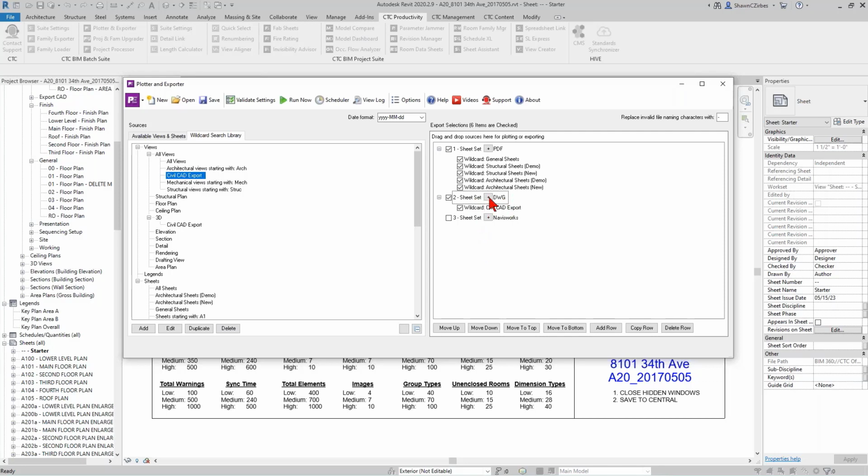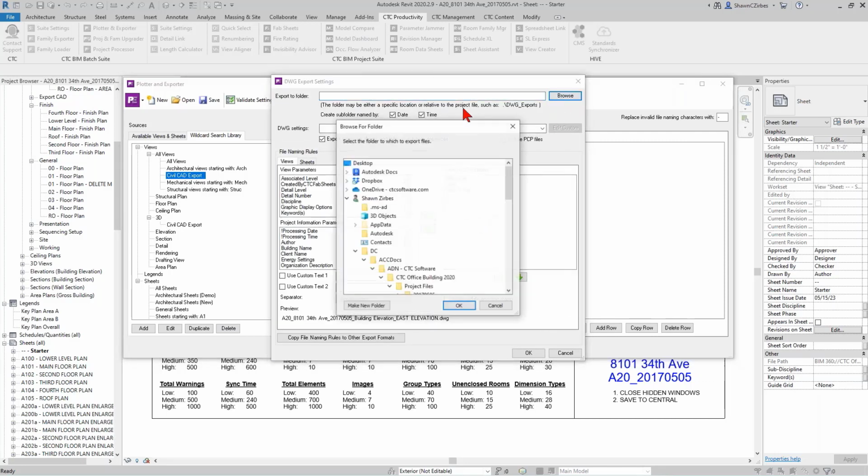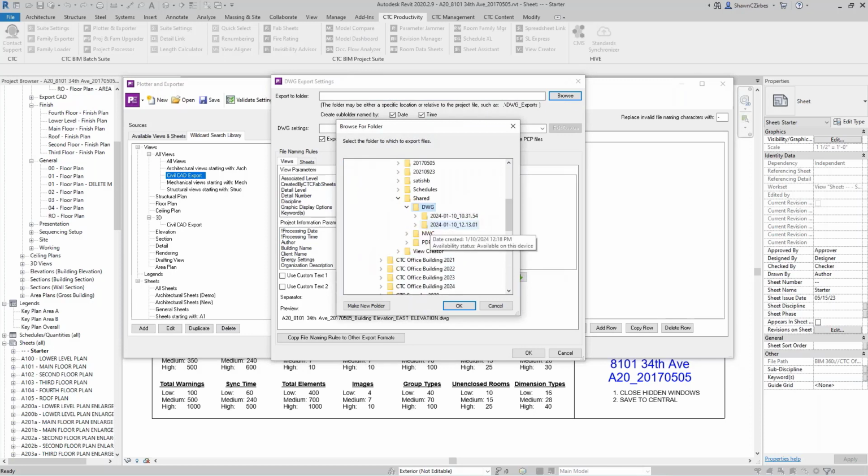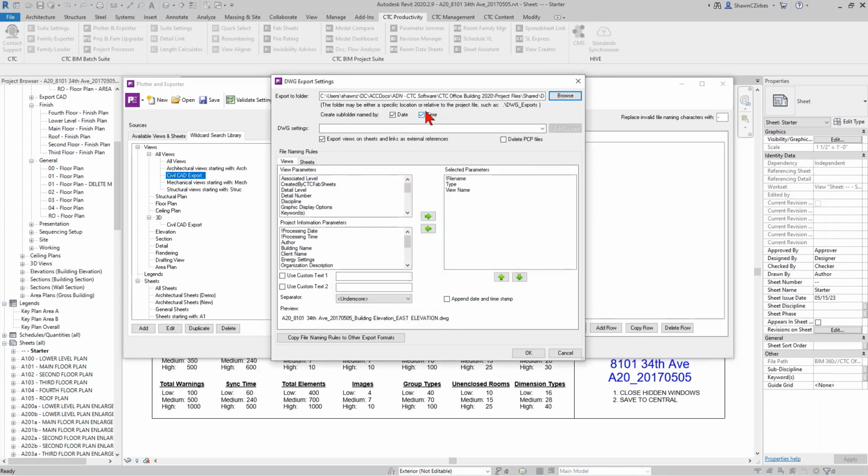Now, every single time I dump out my DWGs, again, I can tell it where to go. So once again, it's going to go to my DWG folder. It's going to create a date and timestamp subfolder if I want it to. I can use built-in drawing settings for my standards or a specific customer standard. I could use custom settings and then modify what they look like. I can tell it to delete the PCP files that get exported along with it